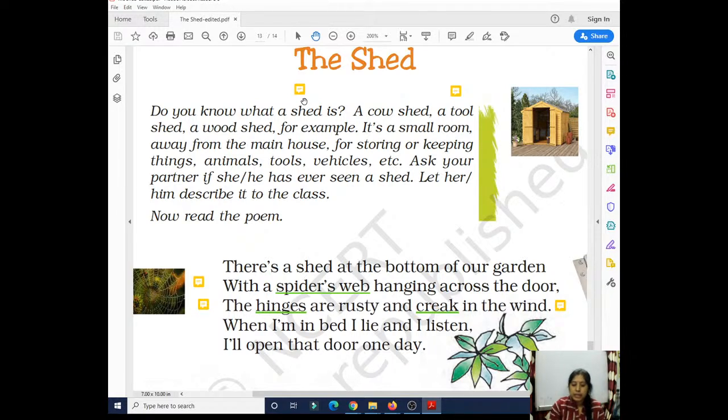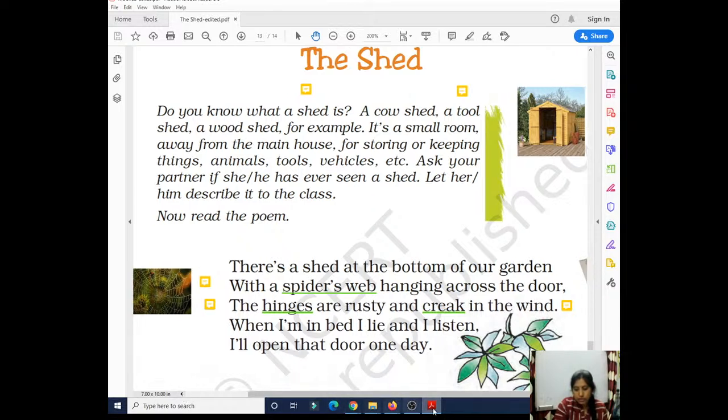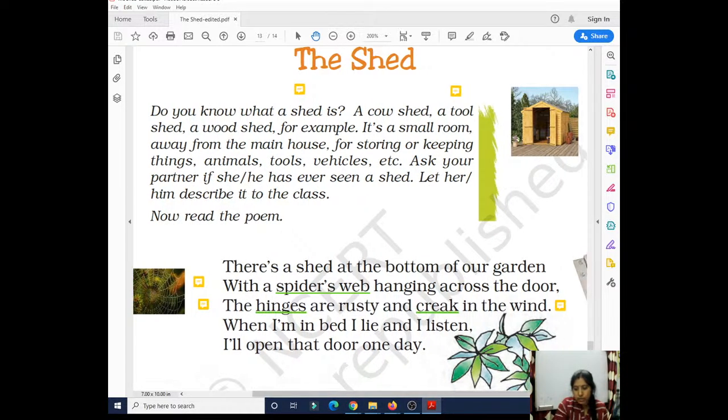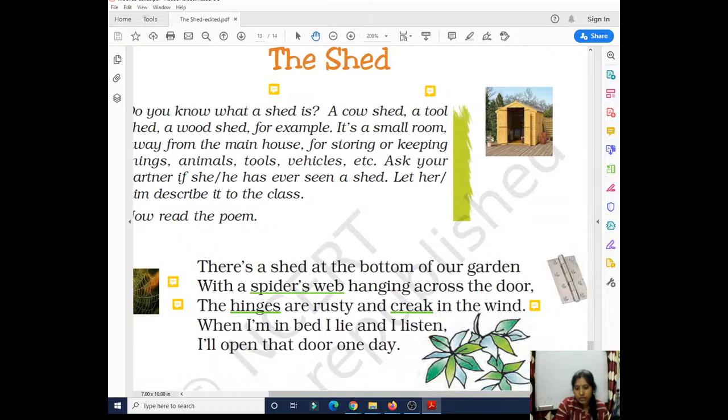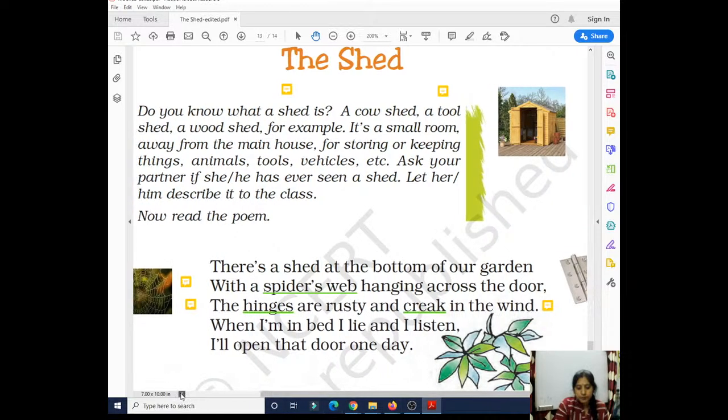So in this first stanza, it is told, see the picture of a spider's web. And here the picture of hinges. See here, I am showing the picture of hinges. Clear to you? Now children,